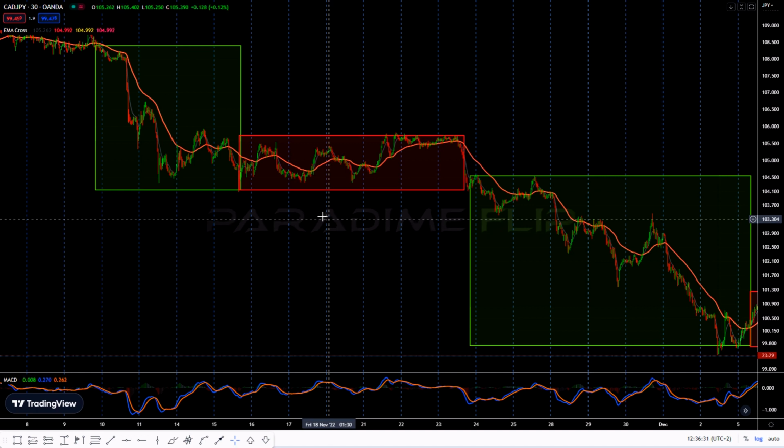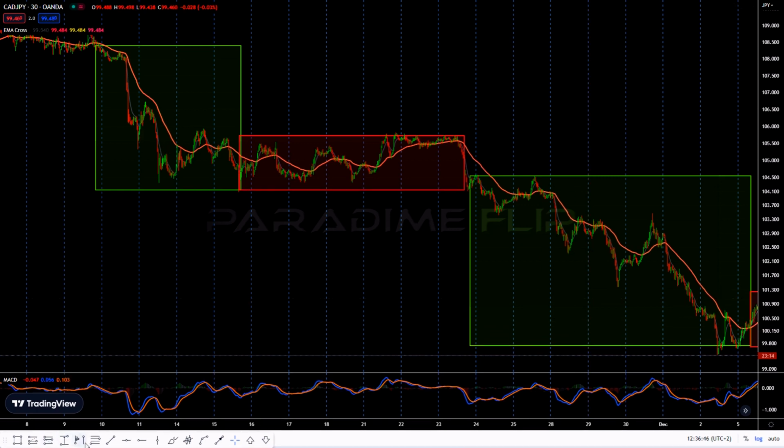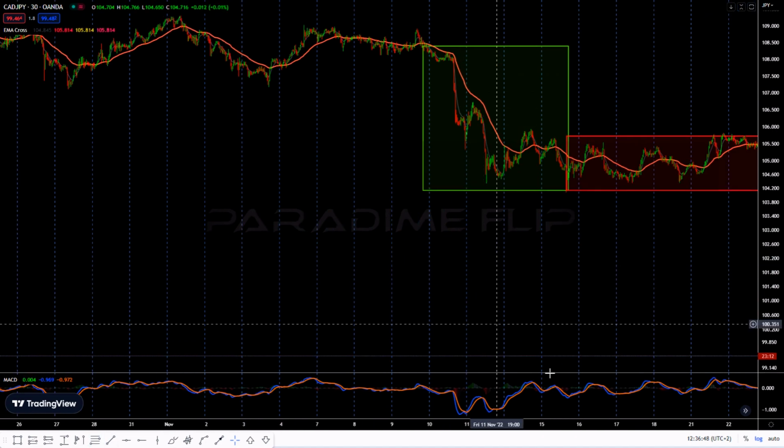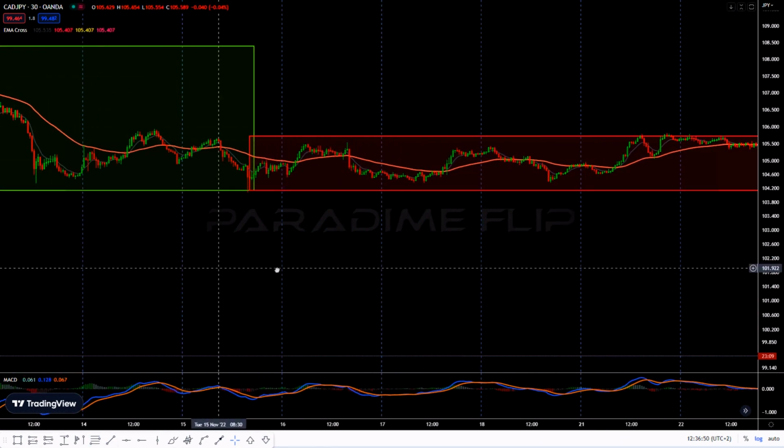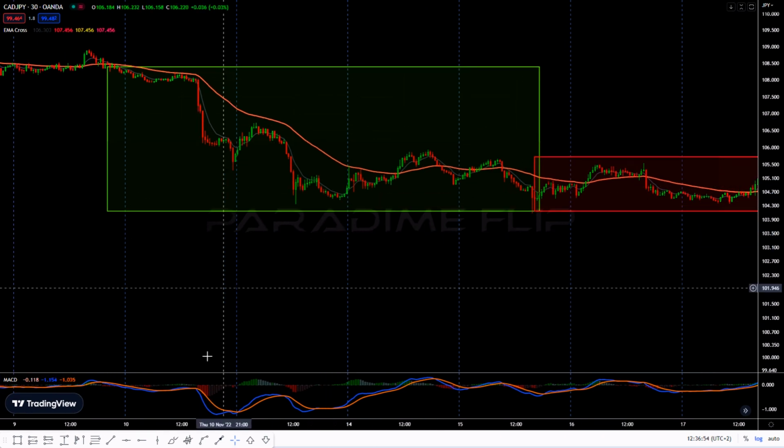And if we just have a look at these areas, you'll notice that whenever we get these pullbacks, you can draw your trend lines over these areas. You can draw your support and resistance in these phases, in these boxes. You can draw all that up. Let me just zoom into this box. You can see in this area here,